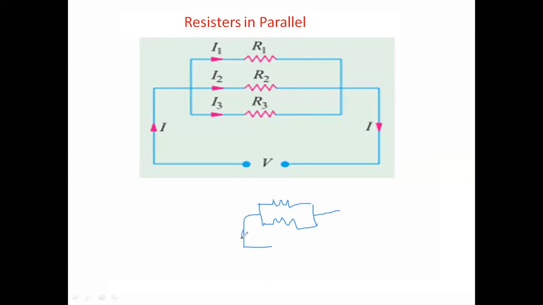Okay, and this is the current I, and this is R1, and this is R2. Okay, and we apply some voltage V. The same circuit is considered, but with two resistors in parallel, and after this the current is I1 because it is flowing through R1, and the current flowing through R2 is I2. So here we have to find out I1. So I1 is equal to